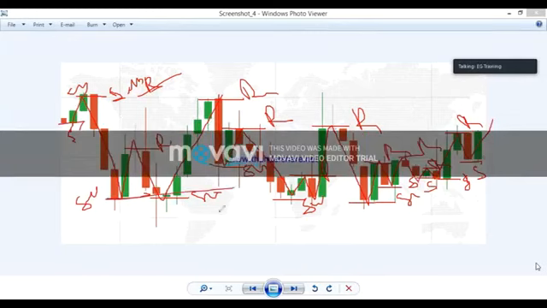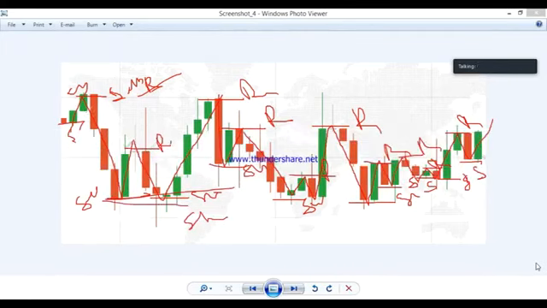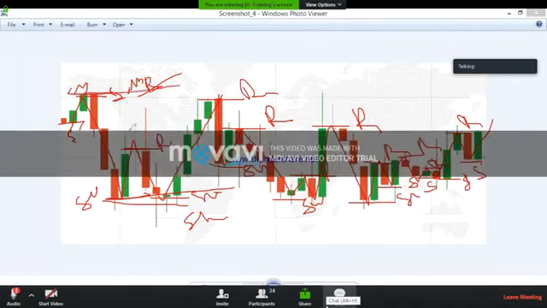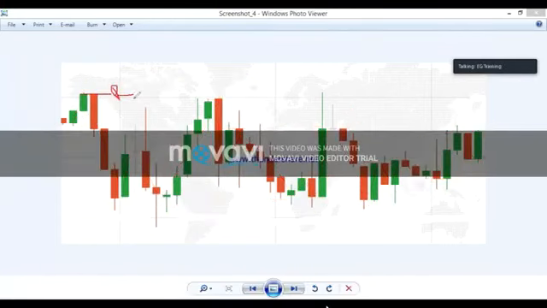So these are the support levels because we are seeing a buyer's entry from this level. These are the resistance levels because we are seeing a seller's entry from this level. So whenever the market comes to this level, you can go with sellers. But this is a resistance level, and we don't know if the market will reverse or not.